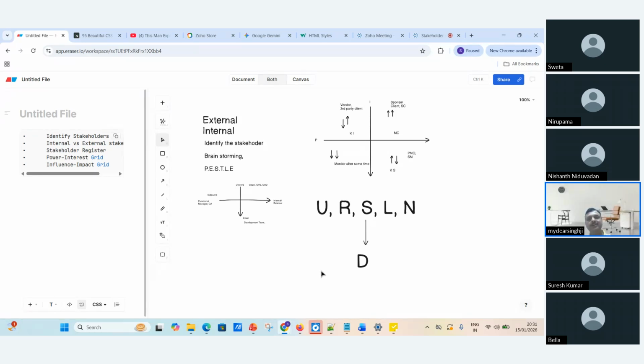We also write how we are going to manage him. All this information is written inside the stakeholder register. We already saw the power-interest matrix. All these things happen inside stakeholder management.